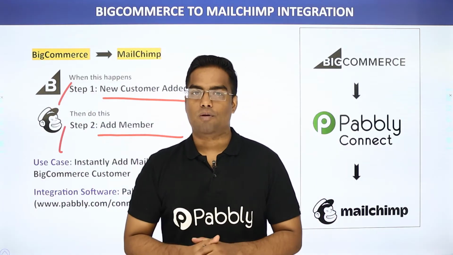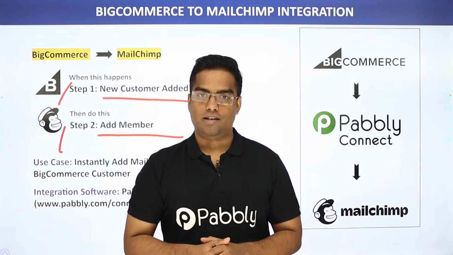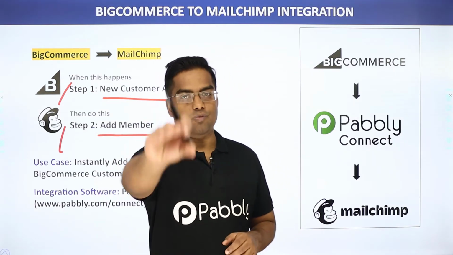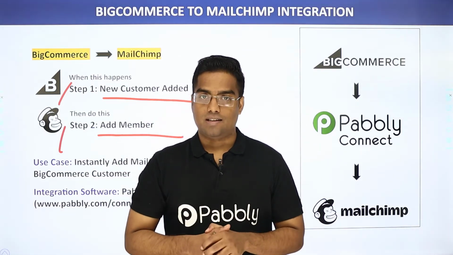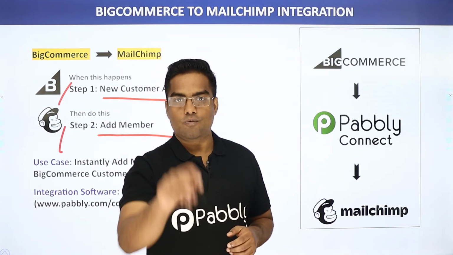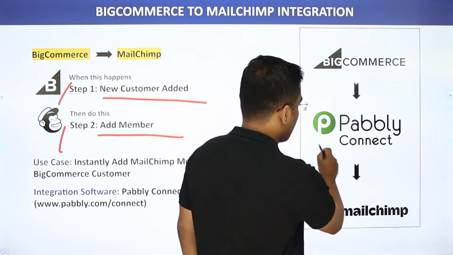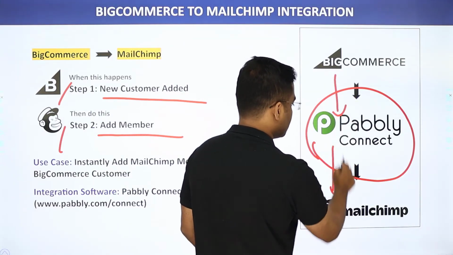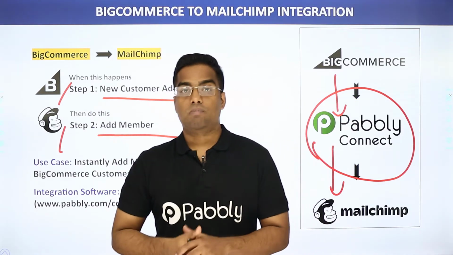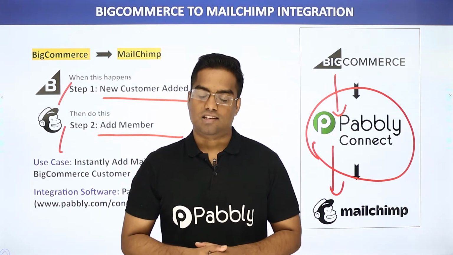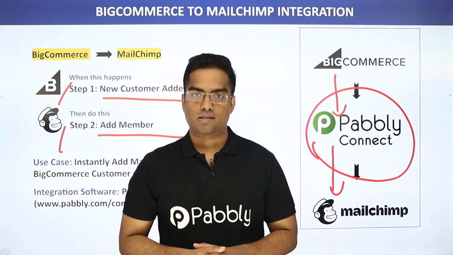But there is one minor problem. Of course, there is some kind of integration between BigCommerce and MailChimp, but this native integration is very limited. So in cases like these, we need to bring a third app to connect them both. So in this video, we will be using Pabbly Connect to integrate BigCommerce and MailChimp. And the best part of using Pabbly Connect is, there is no need for coding skills or programming knowledge. It can be done easily. Let me show you on my screen.